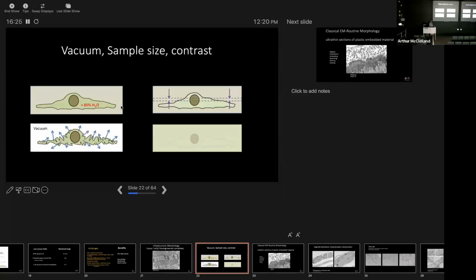And the contrast of the sample. Biological material basically has no contrast. We have no color. We are really transparent things. We've got structures inside of our cells that give us contrast or give us color, but on a thin section, they have no contrast on their own. So we're going to have to deal with that. We have to deal with the vacuum issues. We're going to have to deal with the thickness issues by sectioning, and we're going to have to stain for the contrast issues.